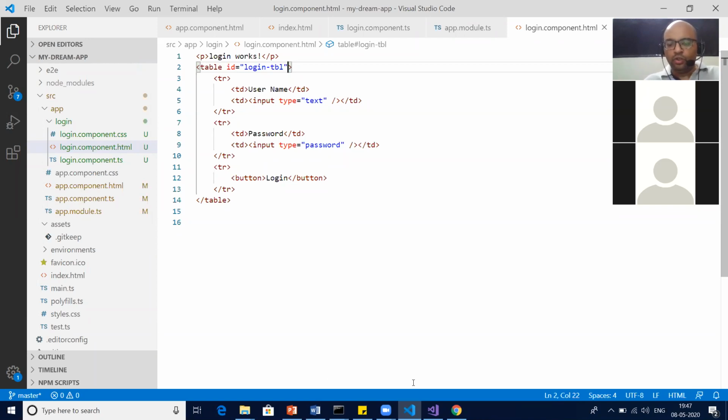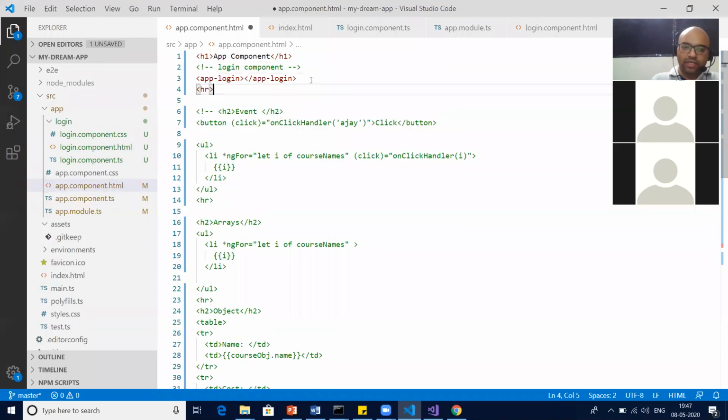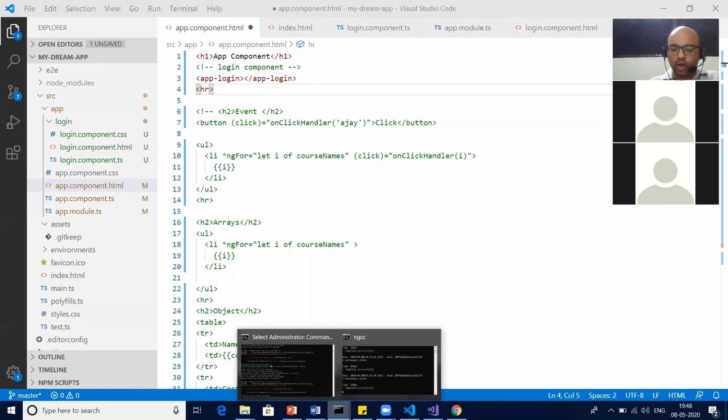Correct. So can we just try one more time? One more component. Can we try one more component? What do you say, guys? One more component. Let's see multiple components, how they can be placed. So I can put an HR line. HR means line break, correct? And let's try to add one more component and see whatever we followed. Will it be the same for other components also? Let's see.